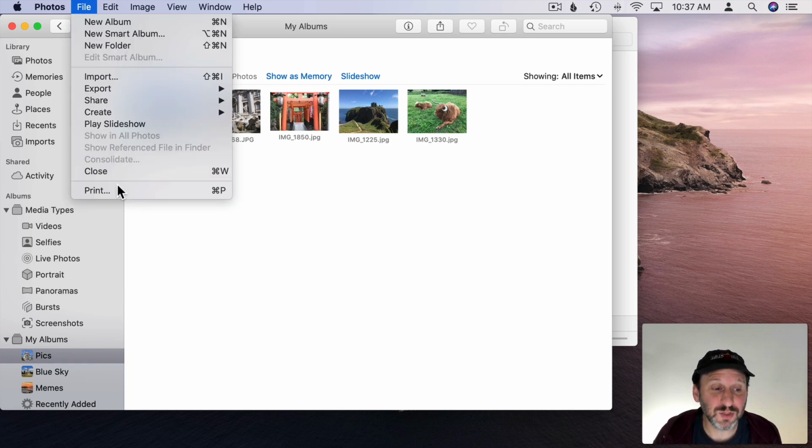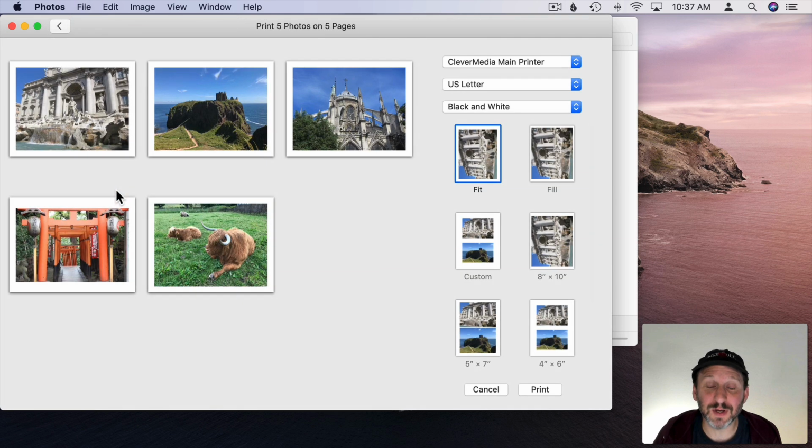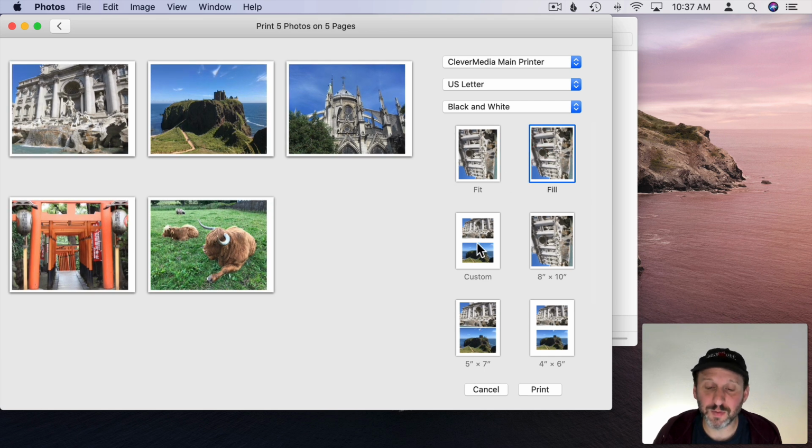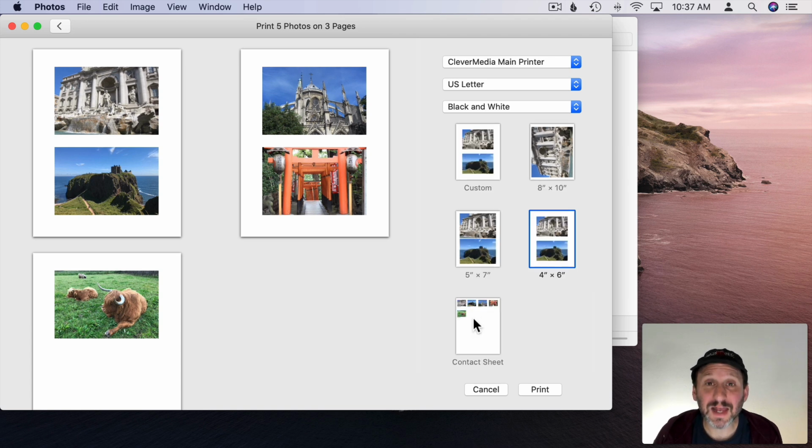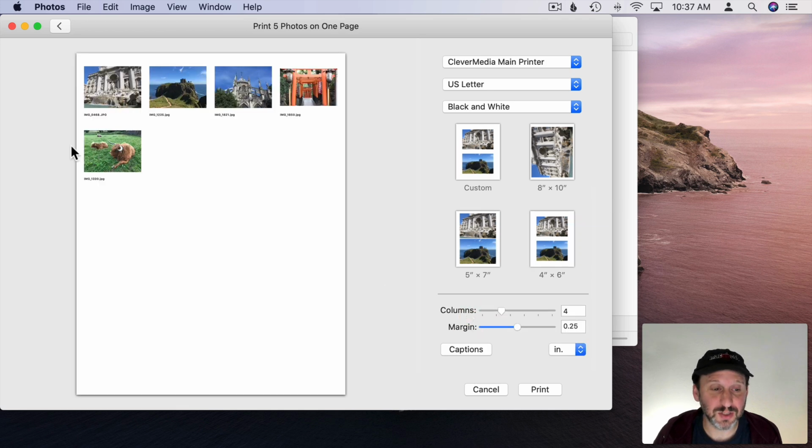So if I go to print here, I get something very different in terms of a print menu. I can choose between all these different ways to lay it out. I could see here a preview of what it looks like. So this is what it looks like with Fit. Fill fills it a little bit more. Custom goes and puts several on a slide, and I can change how many are on a slide by changing the numbers here. And the best is Contact Sheet, because Contact Sheet puts them all there and allows me to